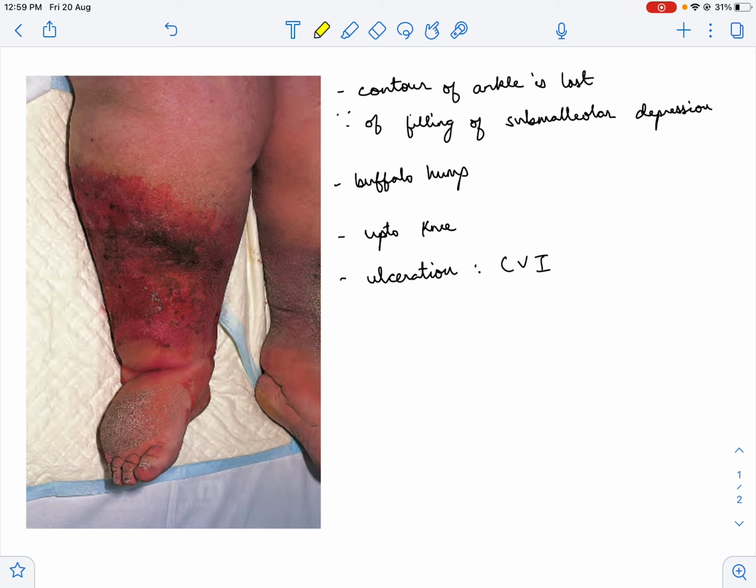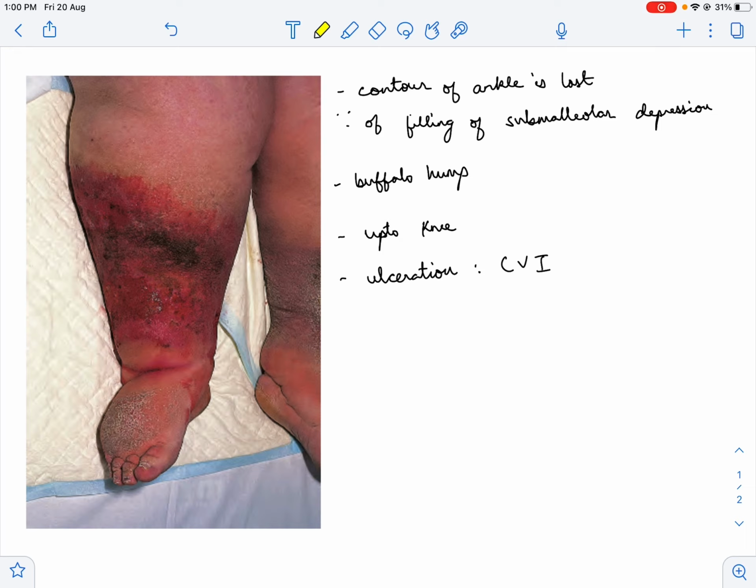This results in a high protein edema, and along with proteins, there are also other substances present like glycosaminoglycans, some active peptide moieties, and growth factors which are responsible for the changes. Whereas the other types of edema like CCF, congestive cardiac failure, or because of any liver failure, chronic liver disease, in those edema you will see that it is a low protein edema in contrast to the lymphedema, which is a high protein edema.